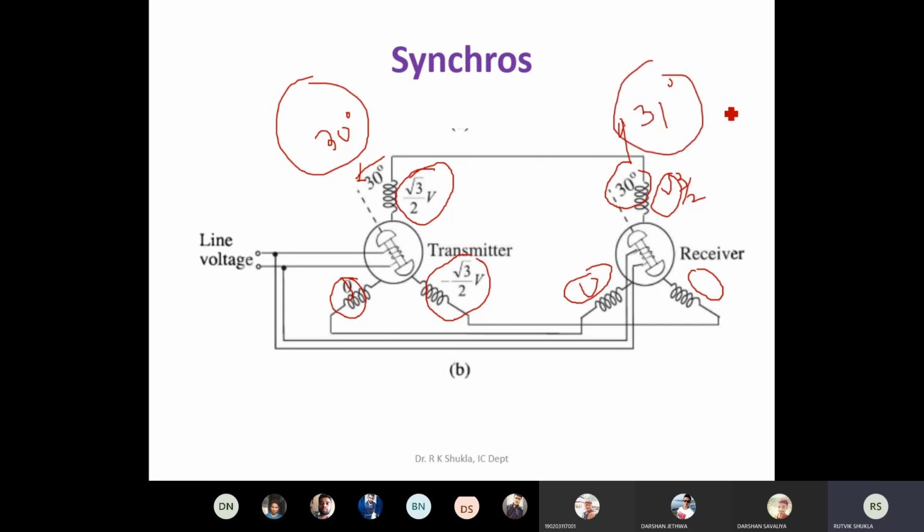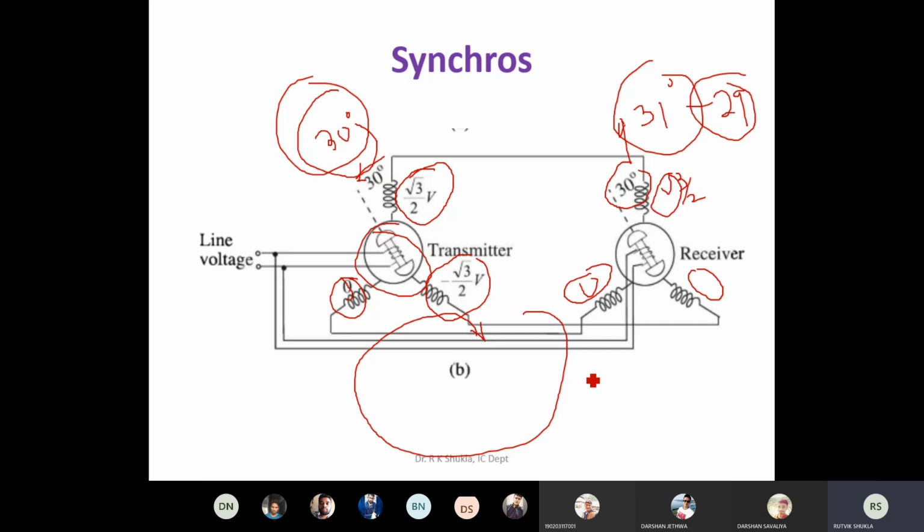It means there is a difference. That difference is generally given as a feedback to the rotor. It means somehow if it becomes 31 or if it becomes 29, then this difference in this particular thing will work as a feedback, which continuously tunes both the synchros in such a way that unless it acquires the 30 degree, it keeps on giving the feedback.